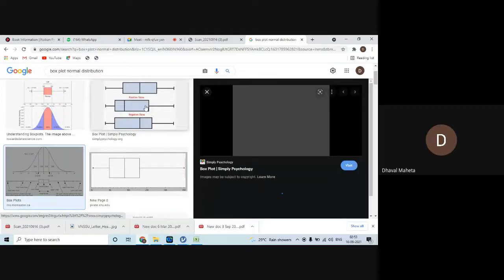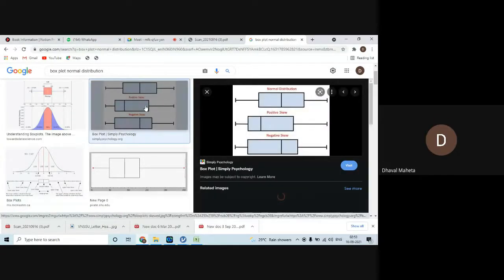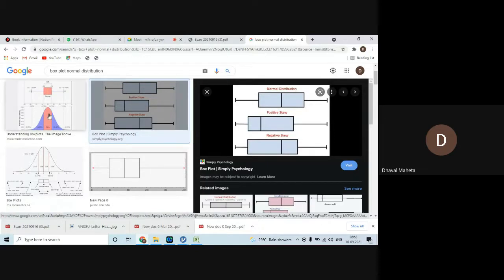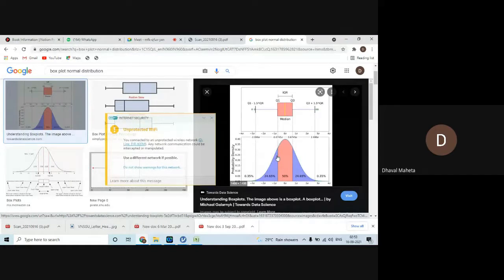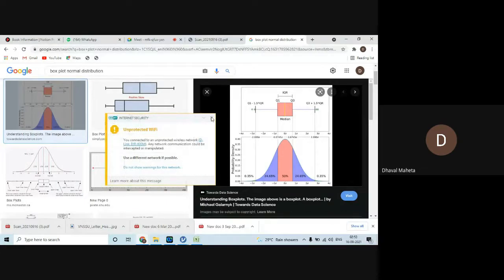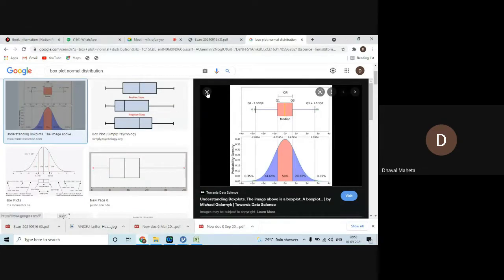This graph talks about the skewness, such as negative skew. How is it constructed? It is constructed on this concept: Q1, Q3, and this. That's a box plot. It tells whether the data is normally distributed or not.